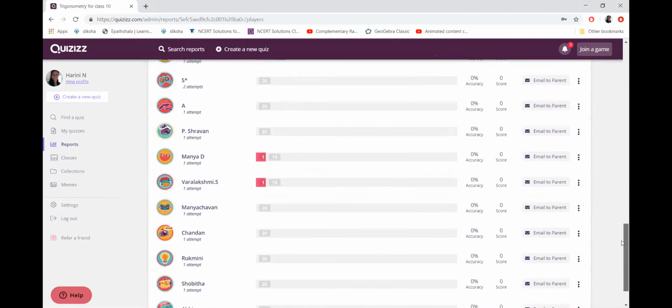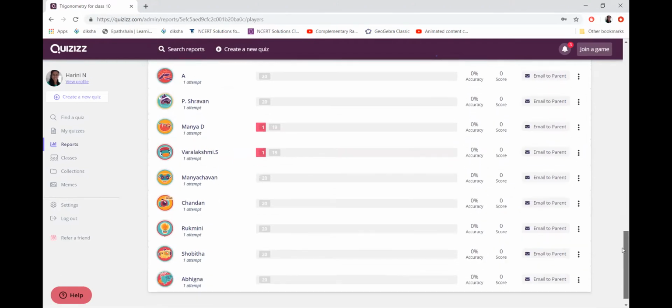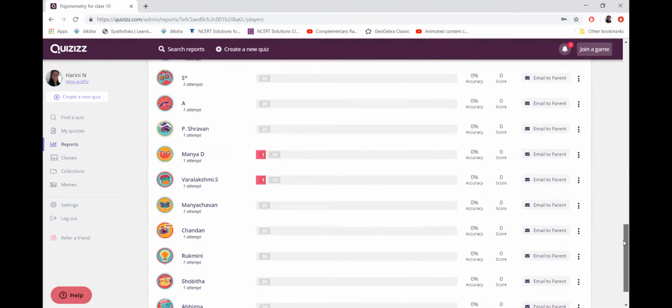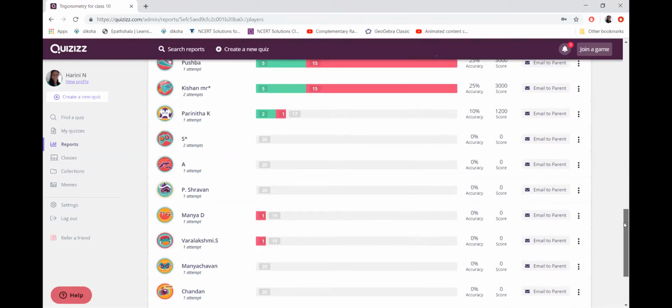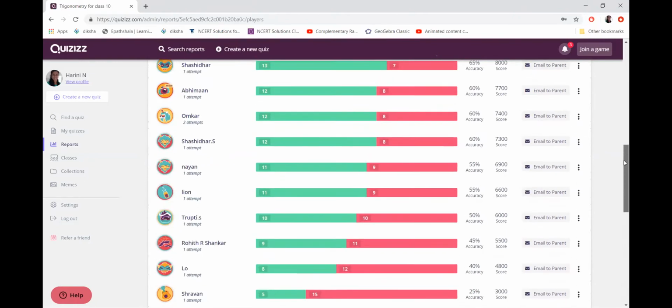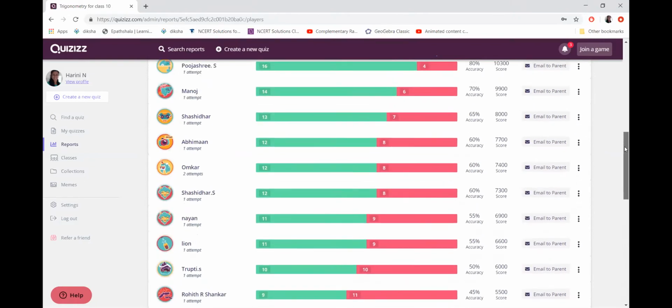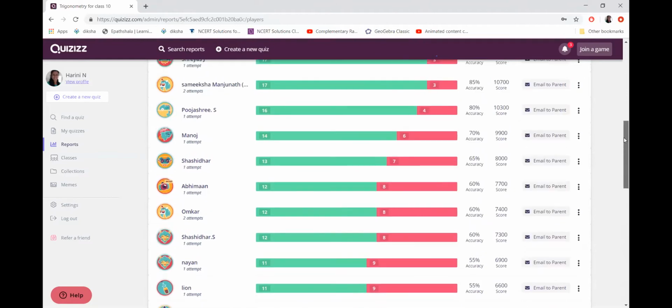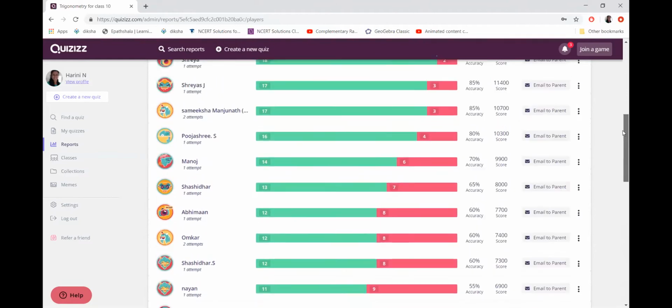My dear children, all these are questions which are frequently asked in the board exam. So don't think, what is there? She is not looking at me. What is the big deal? See, there are some children who are doing it very sincerely. Some of them have tried to do it in one attempt itself. We have to appreciate them. So they would have prepared and appeared.